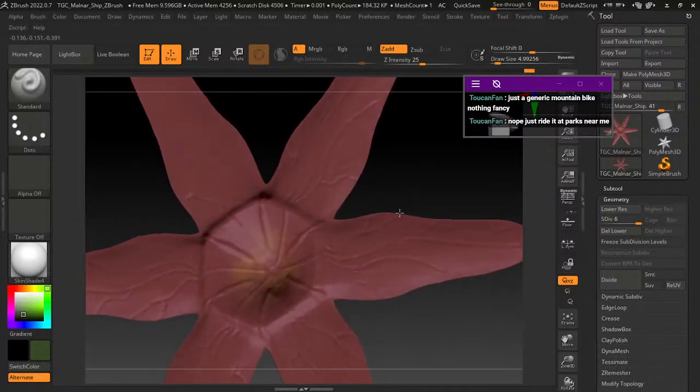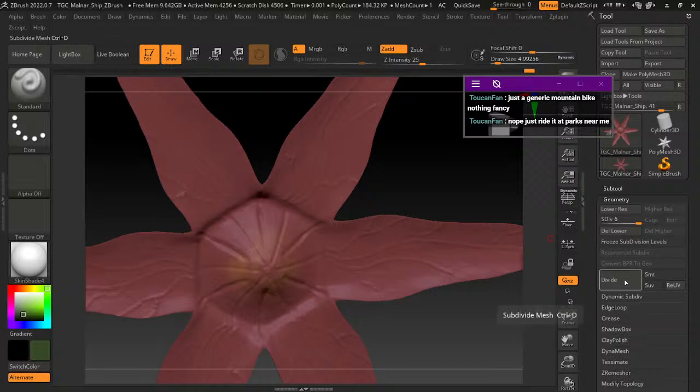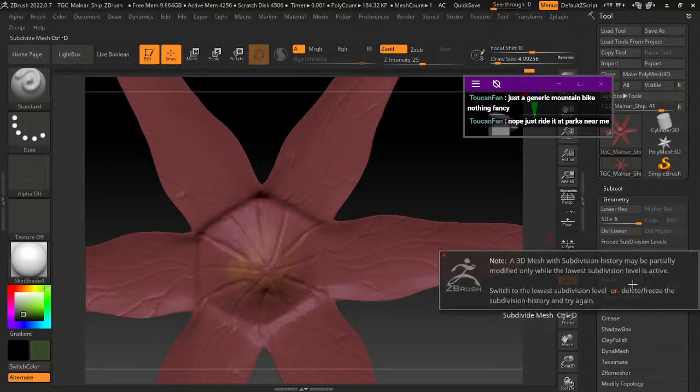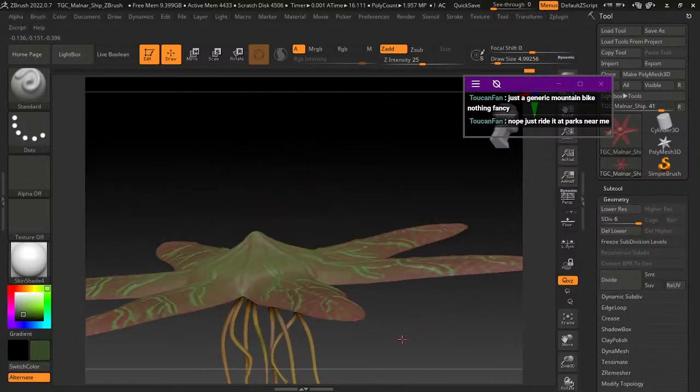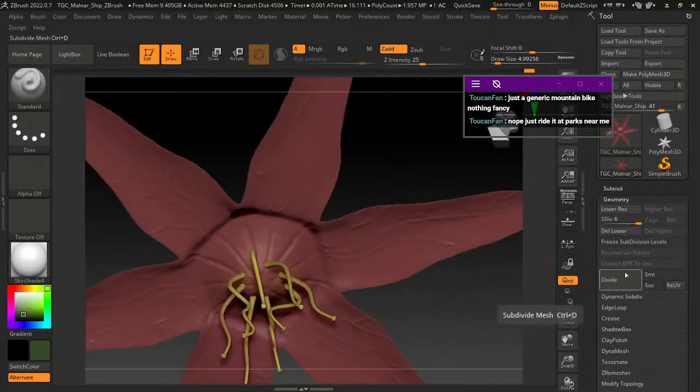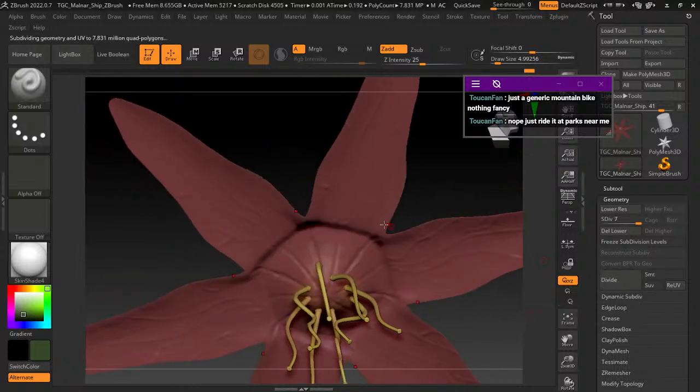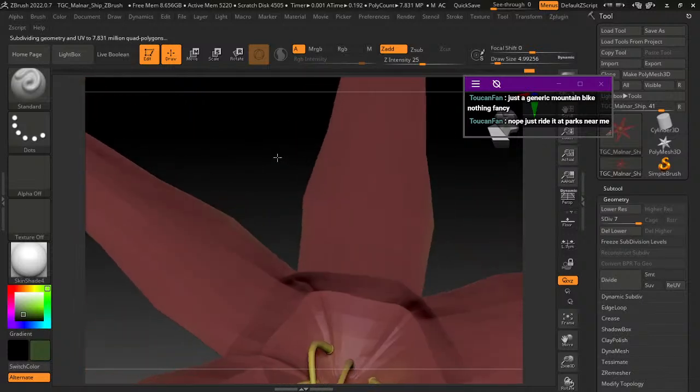I'm gonna go up in subdivisions. Let's see, switch to the lowest. I don't want to do that. Bump, bump, bump. History may be partially modified only while in the lowest subdivision. Oh, I see why. It's because I am in that mode here. Okay, with that on,